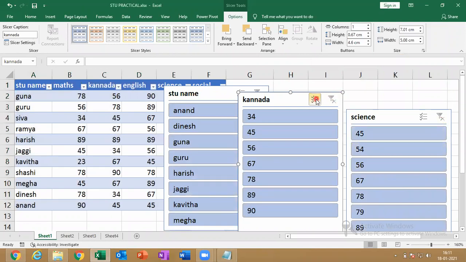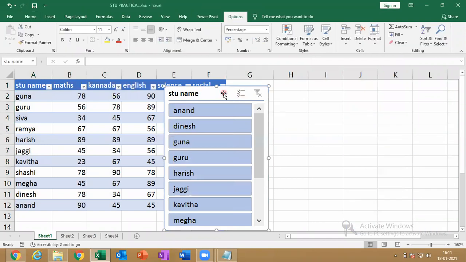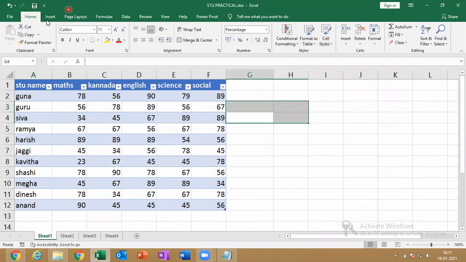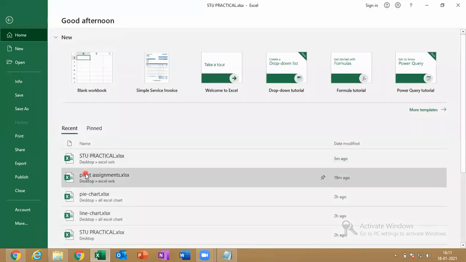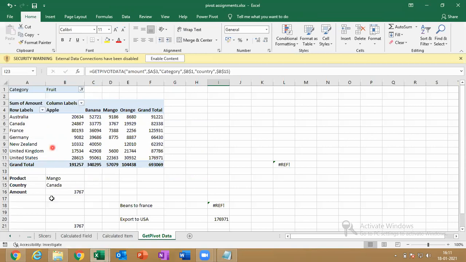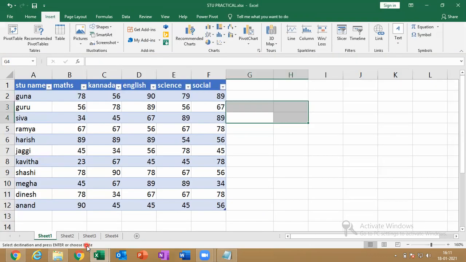This is nothing but the advanced filter of Excel. And then if I want to do a timeline here, I require another data. Let me copy this data into a new sheet.